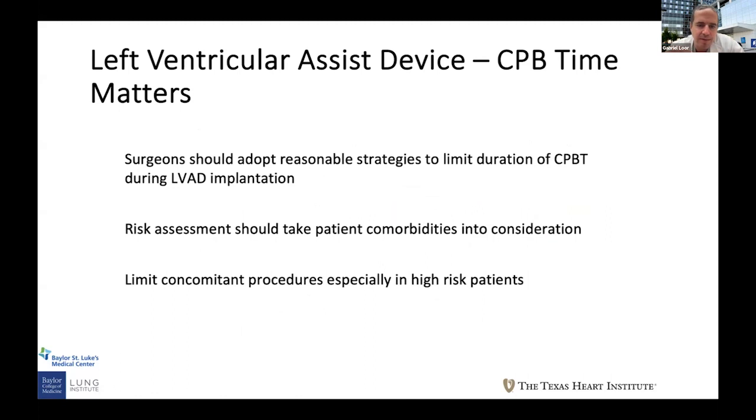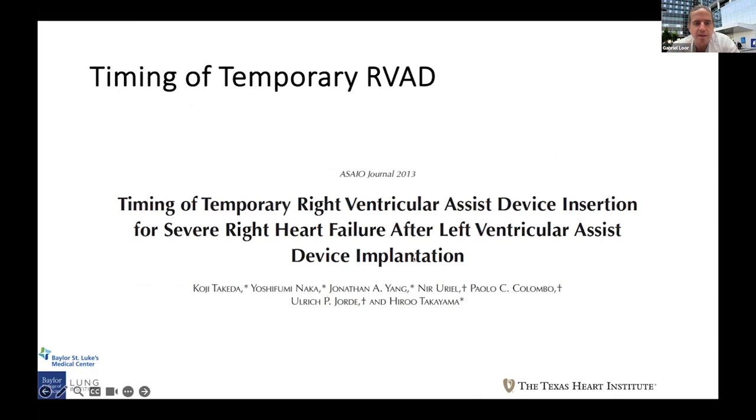And also the time, if you're going to spend a lot of time for a particular valve, should be taken into consideration with the patient's comorbidities for risk stratifying them. Concomitant procedures are very helpful at times for helping your post-op processes, but we should consider them carefully in terms of how much longer it's going to expose us to the